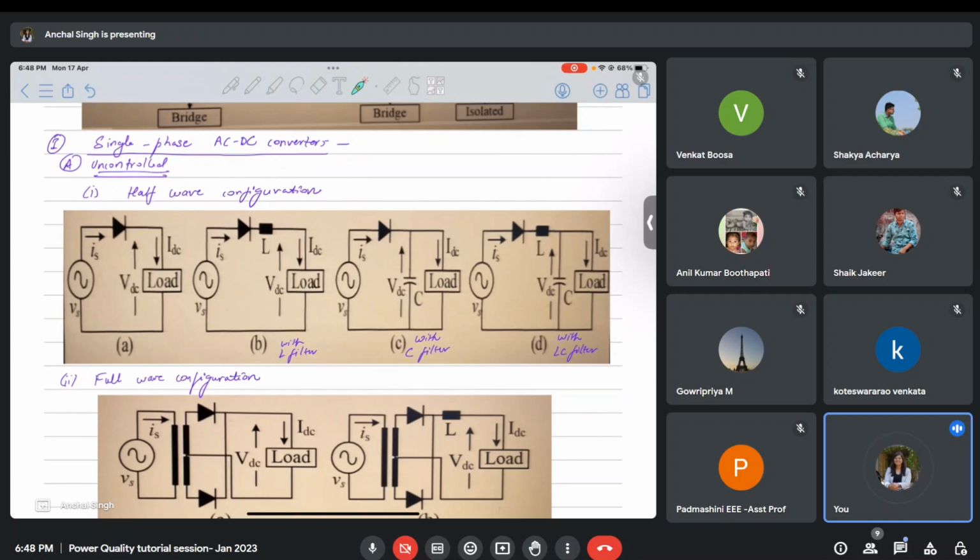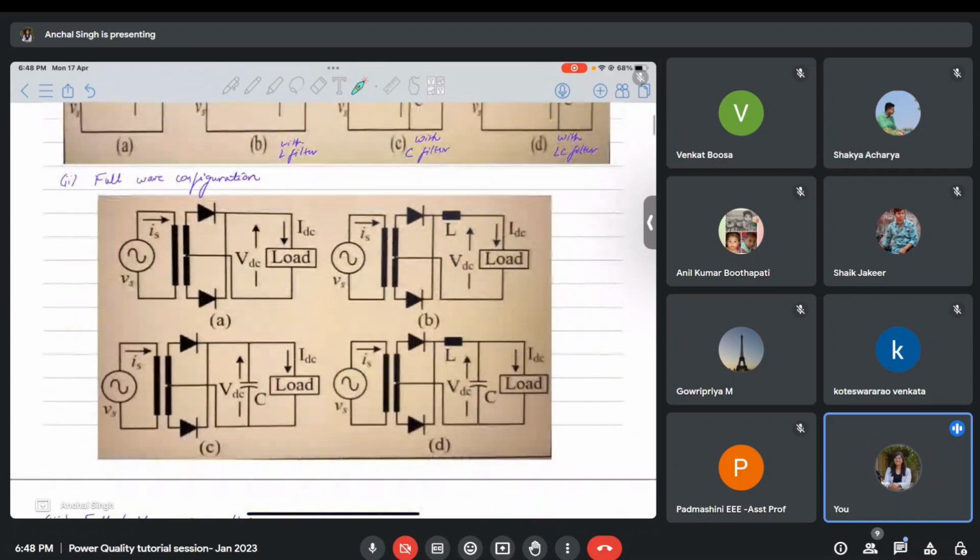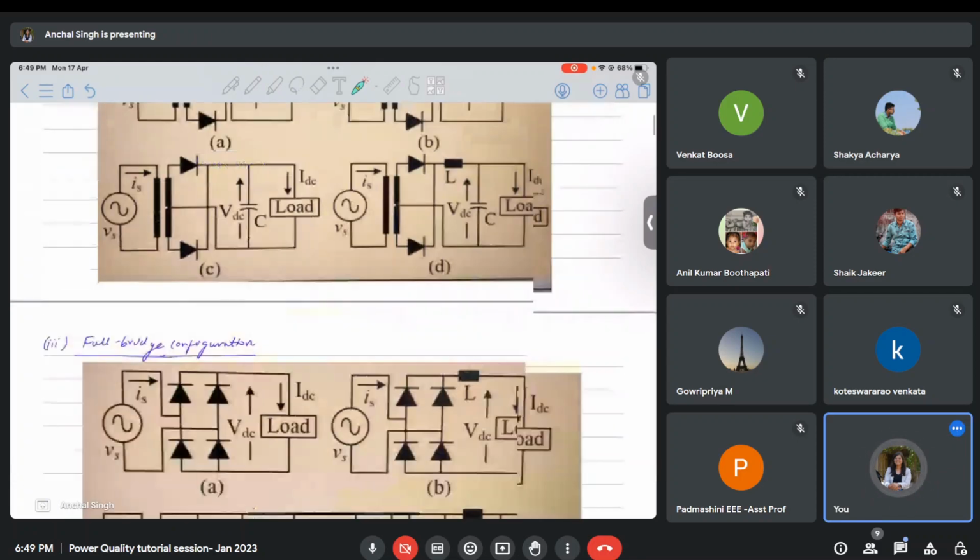So this was half wave. Then we'll go to full wave. This circuit is of a full wave. There are 2 diodes, and the load is connected between these 2 terminals. It is sort of a midpoint rectifier. We have seen these midpoint transformers, right? So this is sort of a midpoint rectifier topology. These are called full wave configuration. Here the load is connected without any kind of filter. Here the load is connected with L type of filter. Here with C type of filter. Here with LC type of filter. So all these 4 variants will be available for all the types of topologies.